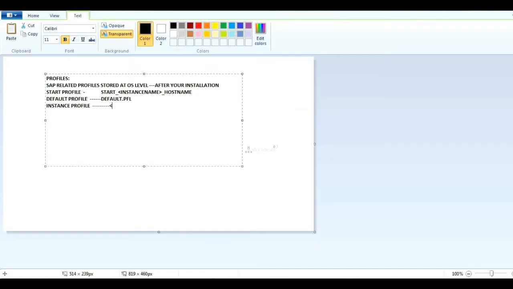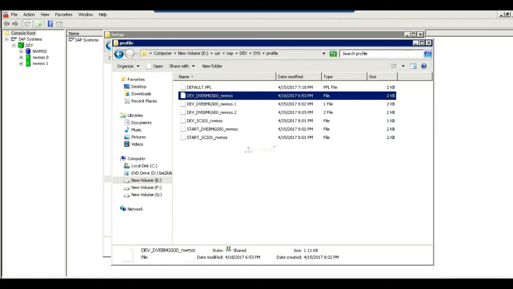So these are the naming conventions of my profiles.